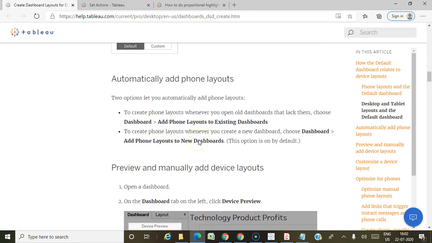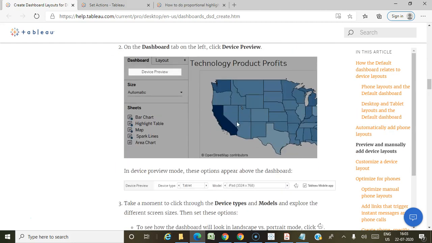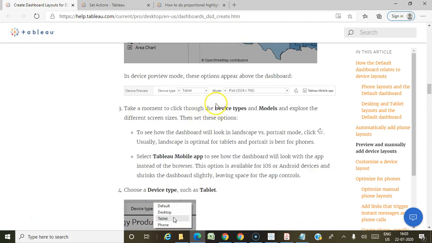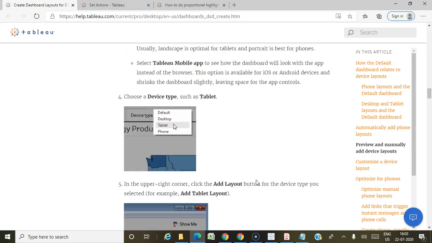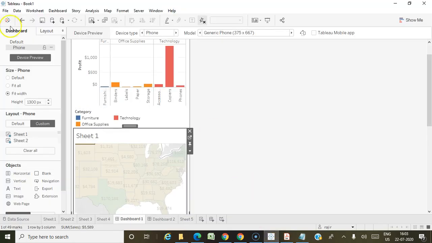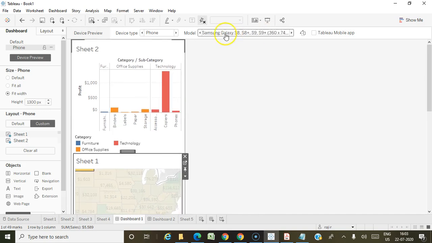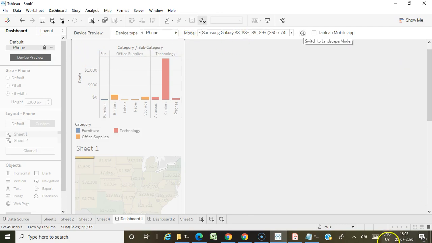So in order to add the phone layout for the existing dashboards, what you need to do is click on the device preview and then choose the corresponding device type and the model, based on whatever model you have, and then add the layout. So if you go here, click on the device preview, just choose whatever phone you want to add, okay, and then you can add that particular phone layout.